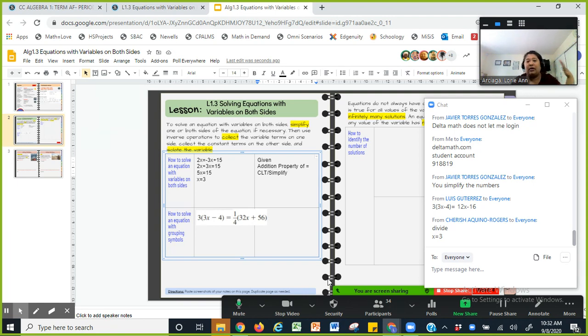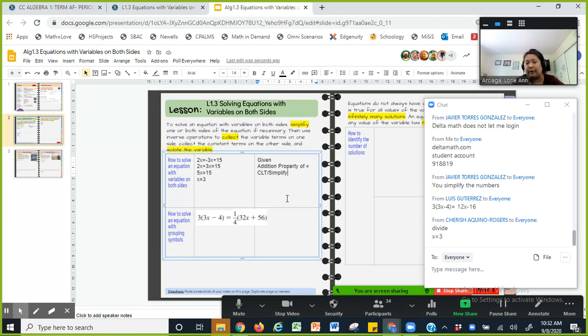So maybe you're wondering, okay, Ms. Arciaga, what's the difference between a property and a simplify only? If you're doing something on both sides of the equation, like you added 3x to the right and to the left, that's a property. But if you're only combining like terms, maybe combining two numbers or coefficients like 2 and 3, you combine them on the left hand side only, but you don't do anything with the right hand side,